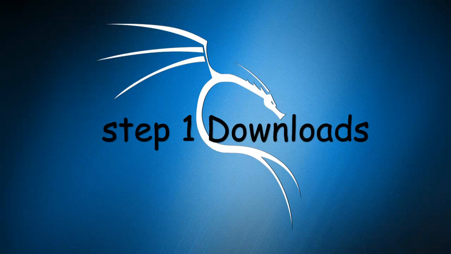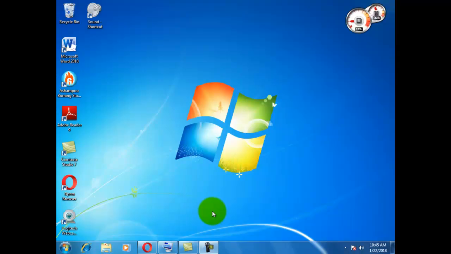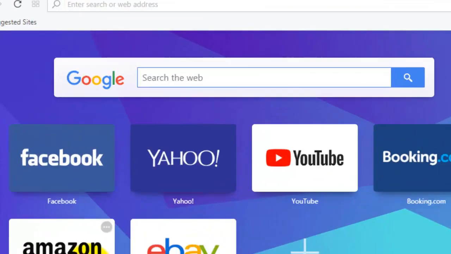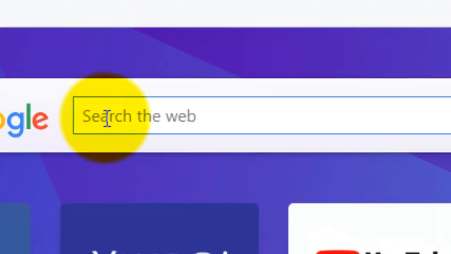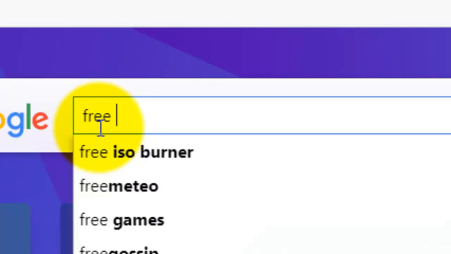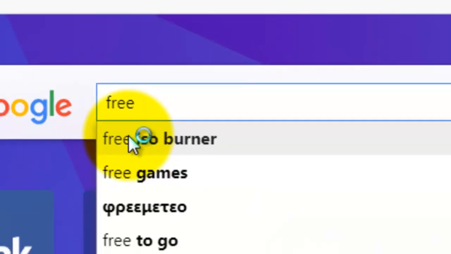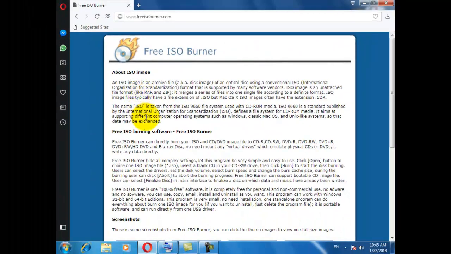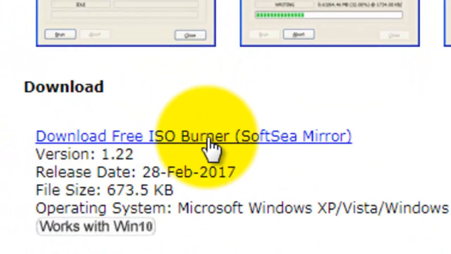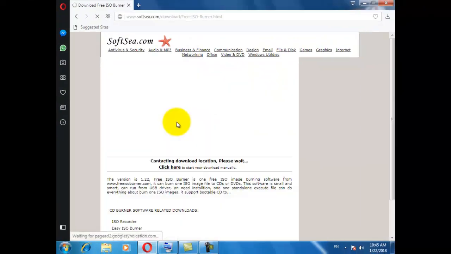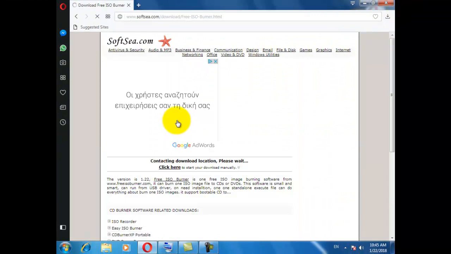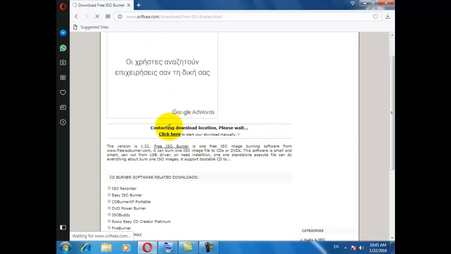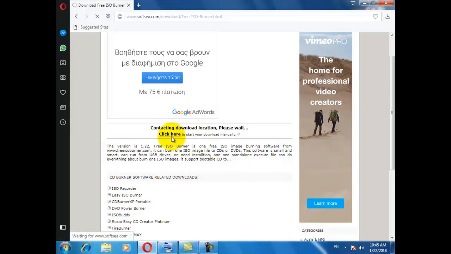Step 1. Downloads. In this step we do two things. First, we download a software to burn the ISO in a disk. We open the browser and we type free ISO burner. We open the page. Click, and we download the application.